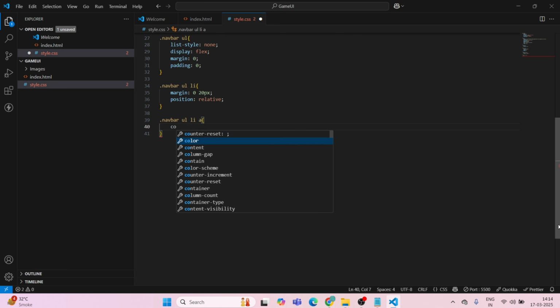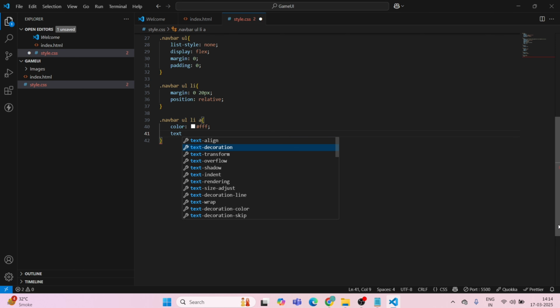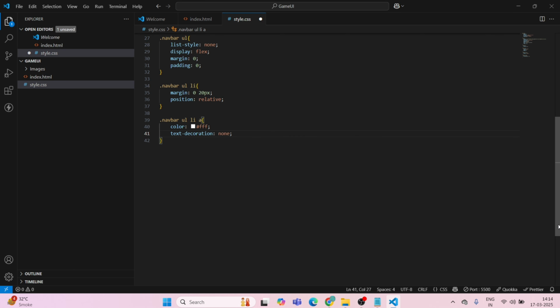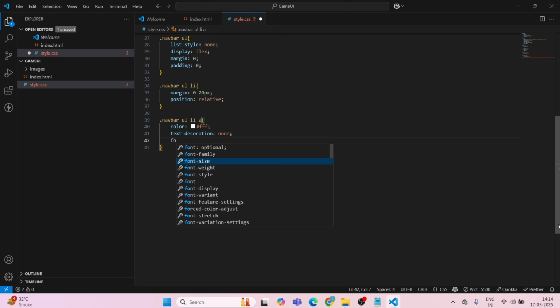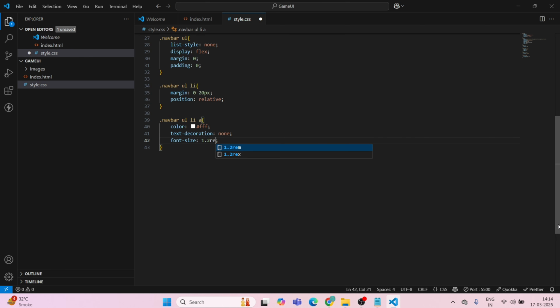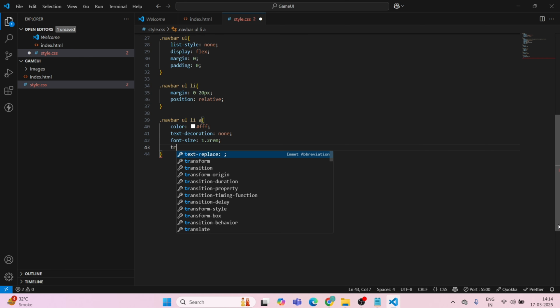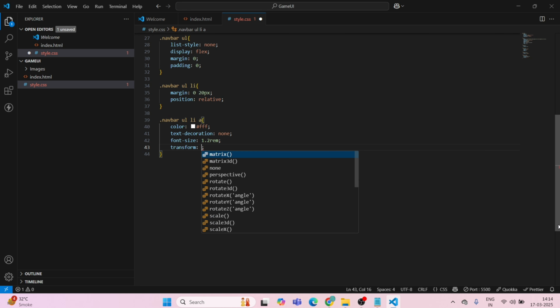The color will be white, text decoration will be none, font size will be 1.2 rem, color